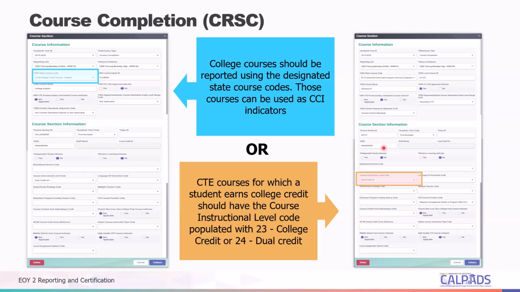So any staff member, any SEID number, be it a valid SEID or a SEID of 999, is accepted as long as you have a staff demographic record for those valid SEID courses. For courses that are assigned a SEID 999, you don't need to submit a staff demographic record for those.